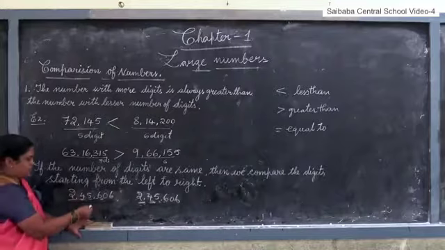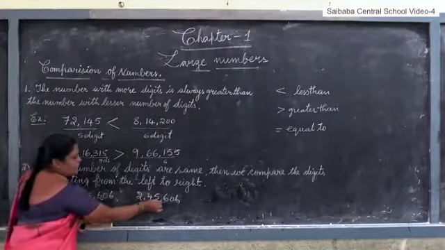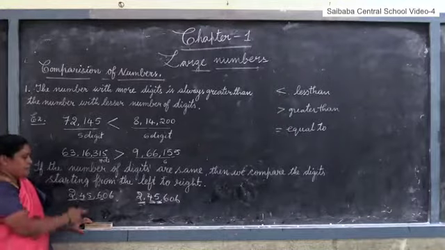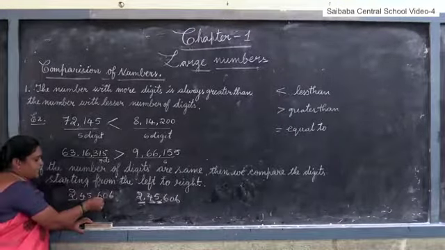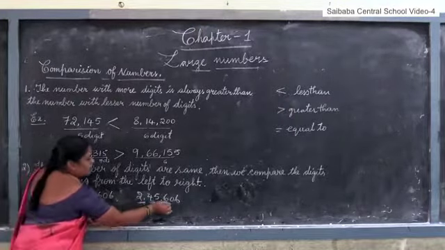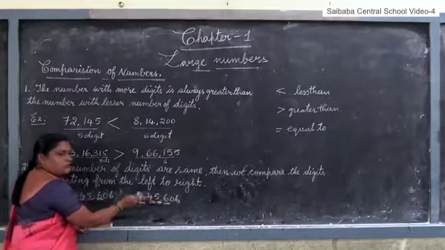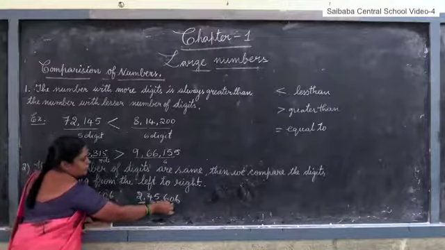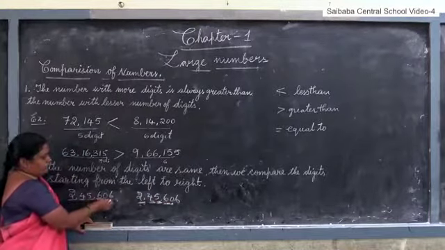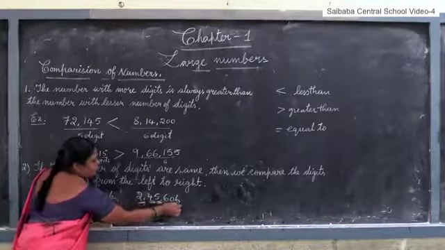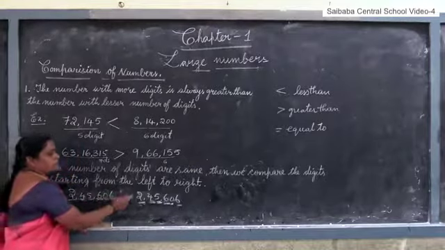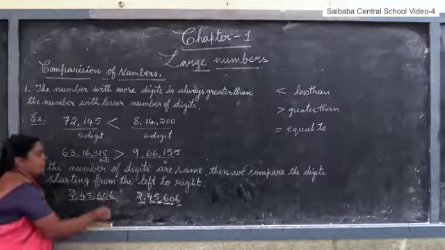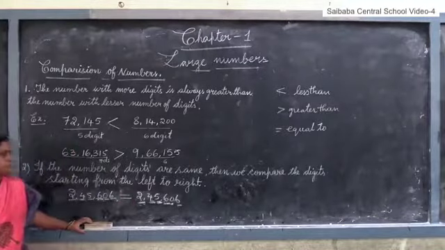Go to the next place, thousands place. 5 and 5. Thousands place is also same. Go to the next place, that is hundreds place. This is 6 and 6. Hundreds place is also same. Then go to tens place. 0, 0. Tens place is also same. Now take the comparison of ones place. 6 and 6. Ones place is also equal. So the two numbers are same. So keep equal. Understood?